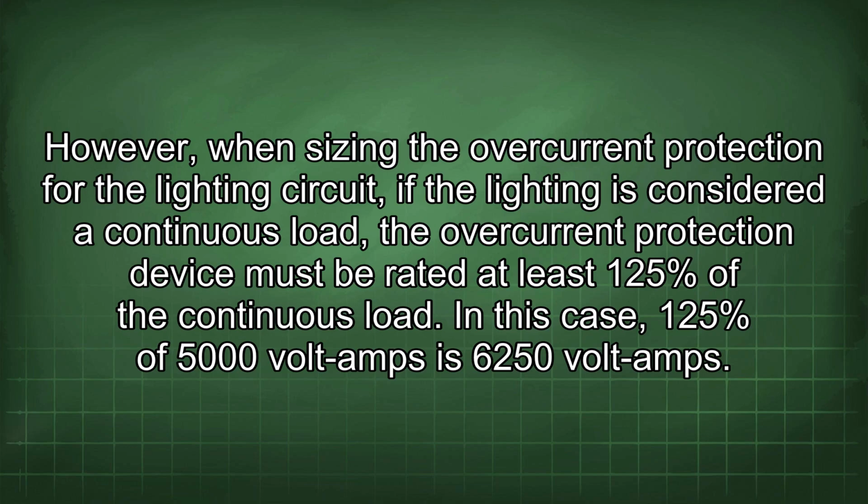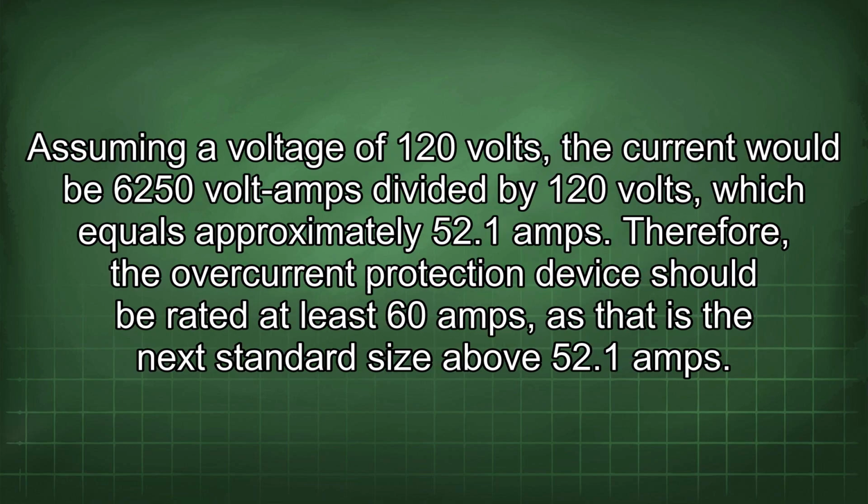However, when sizing the overcurrent protection for the lighting circuit, if the lighting is considered a continuous load, the overcurrent protection device must be rated at least 125% of the continuous load. In this case, 125% of 5000 volt-amps is 6250 volt-amps. Assuming a voltage of 120 volts, the current would be 6250 volt-amps divided by 120 volts, which equals approximately 52.1 amps. Therefore, the overcurrent protection device should be rated at least 60 amps, as that is the next standard size above